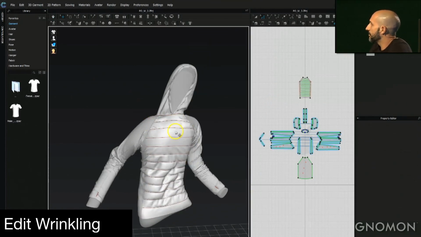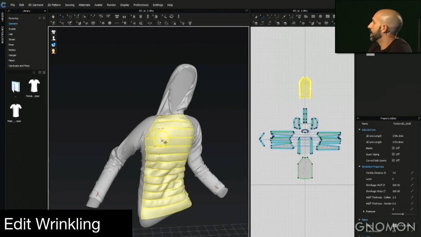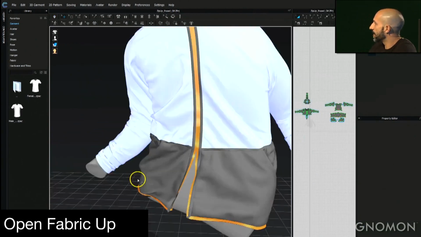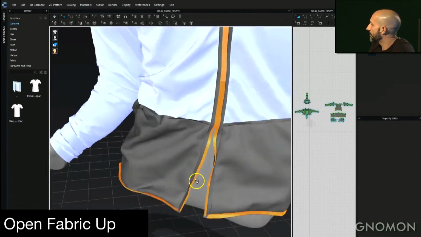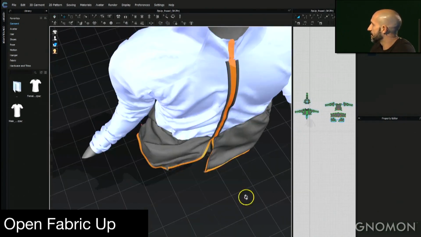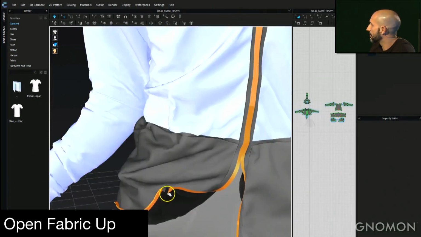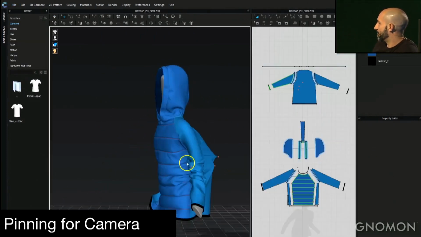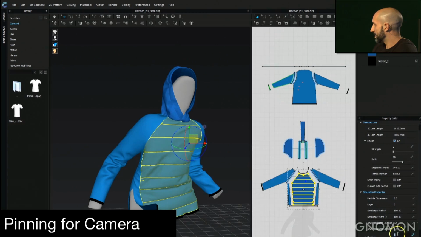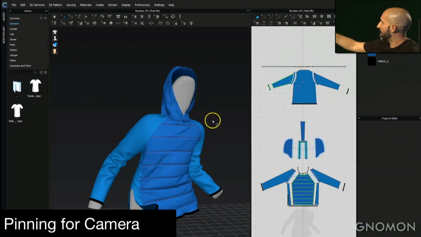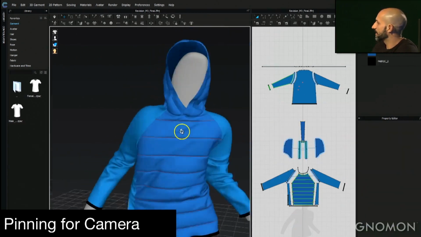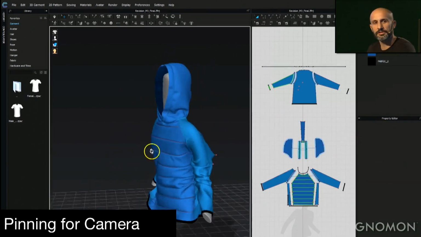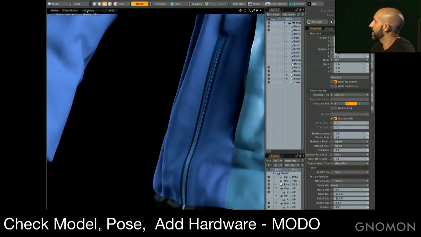Once we do that, we'll go through, and then we might edit some of the fabrics. Oh, this is too many wrinkles, too few wrinkles. Can you open up the zipper from the bottom or from the top? And we'll do some of those simulations and hold that in place until we get the right look that they're looking for. You can see that it's an unnatural, abstract kind of pose, but for the camera angle that we've already established, it's the right one for them. And you'll see in the bottom, sometimes when we're spinning around, there's a lot of pins holding things back. It's a typical thing, even in photography, you'll still have to pin some of this clothing just to make things fit the right way.